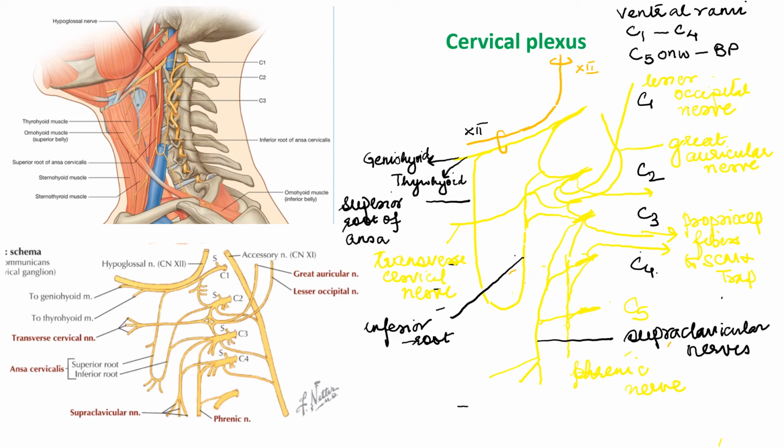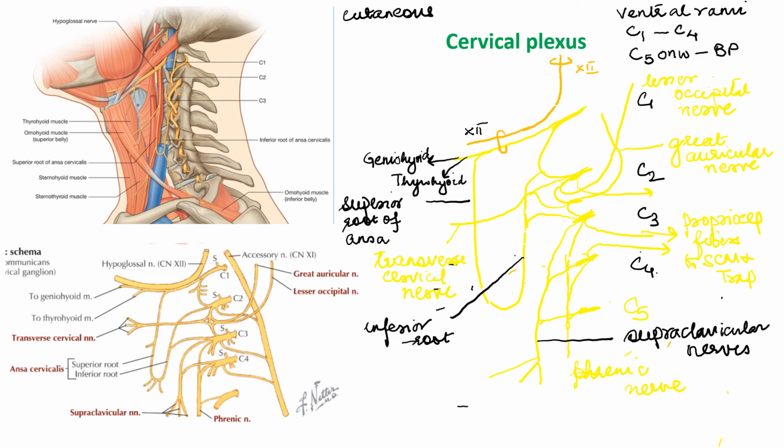So the cervical plexus, oh no, one more. They also supply the prevertebral group of muscles, which would be lying out here, anterior to the vertebral column. So the longus, rectus capitis anterior, rectus capitis lateralis, longus capitis, all these muscles will also be supplied from C1, C2, C3, C4. And you also know that the C3 and the C4 supplies the levator scapulae, scalenus anterior and scalenus medius. So branches from the cervical plexus are cutaneous, which we saw in the posterior triangle mainly, coming out